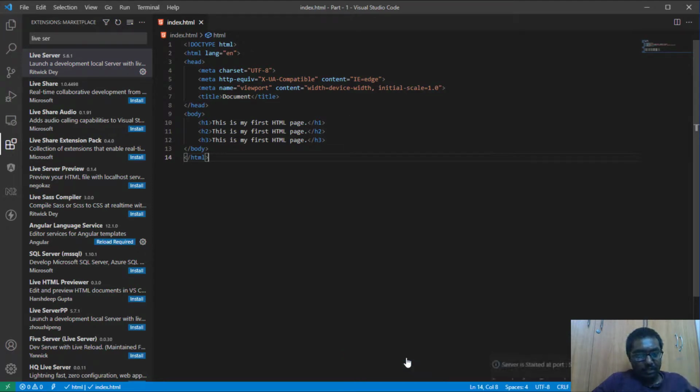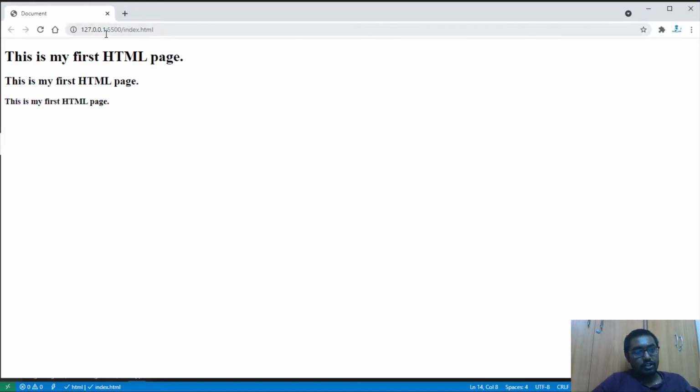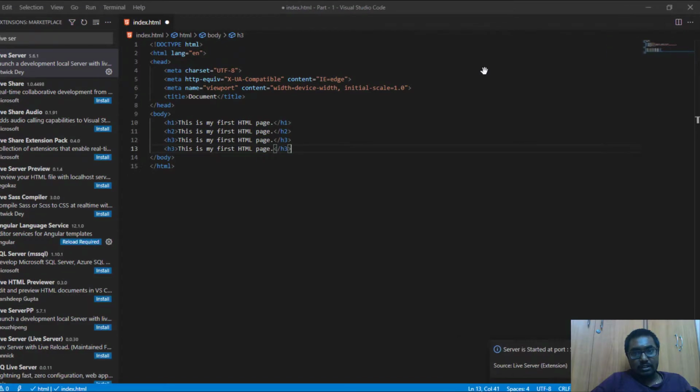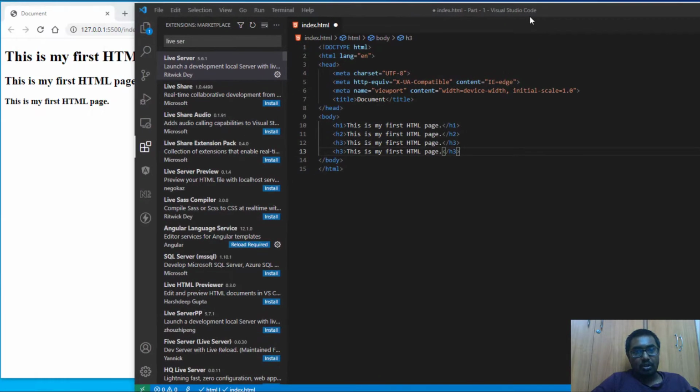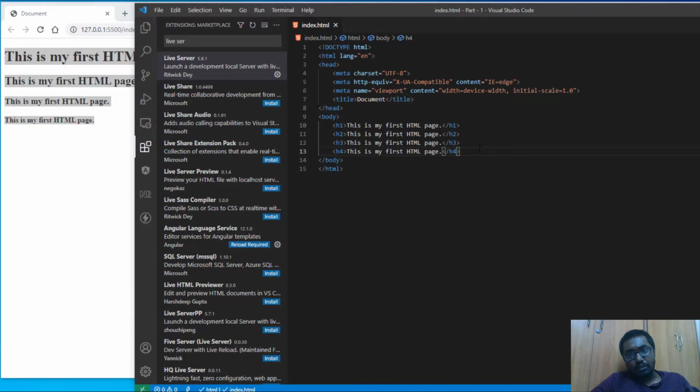Once you do it, it opens in Chrome with Live Server, at 127.0.0.1. Any modification you do here, let me show you side by side, see how useful it is for us. I change it to H4 and save it, and here it automatically gets reflected. That's the beauty of this.